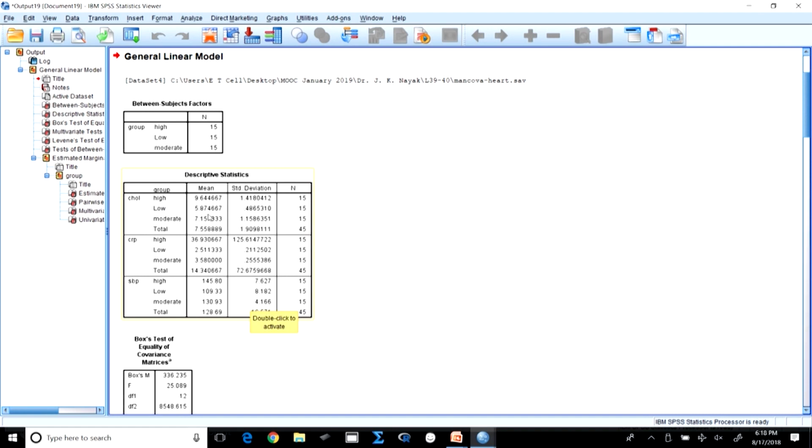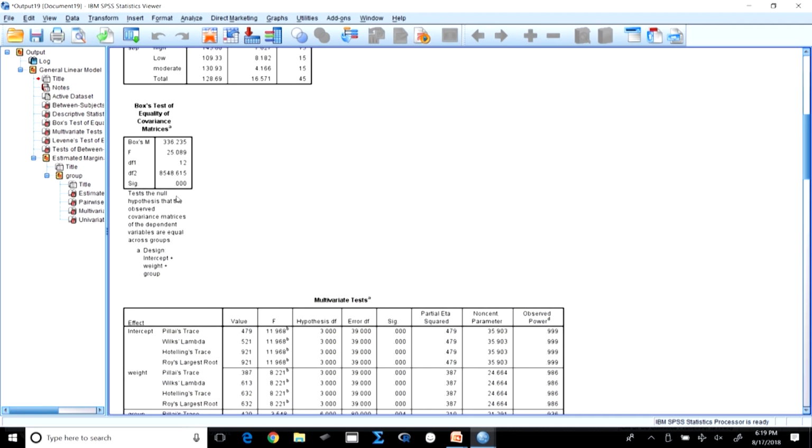For people with low exercise, the mean cholesterol level is 5.87 and 7.15, and this is CRP, similarly 36, 2.5. Higher the protein, the risk of heart disease may be high. I do not know if high or low, maybe, I am not a doctor, anyway we will only go through numbers. Okay. Now coming down,